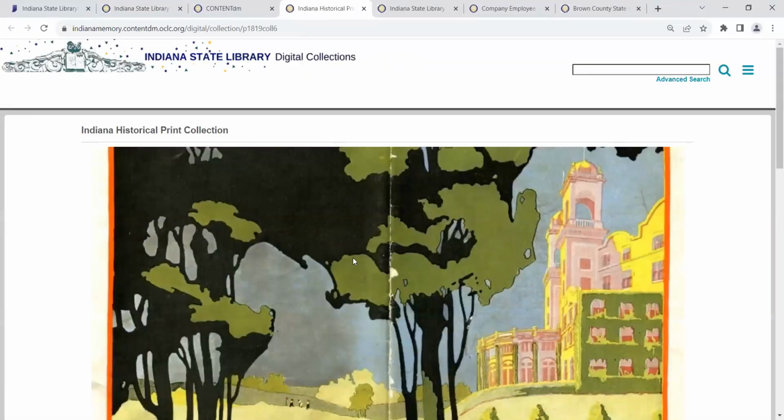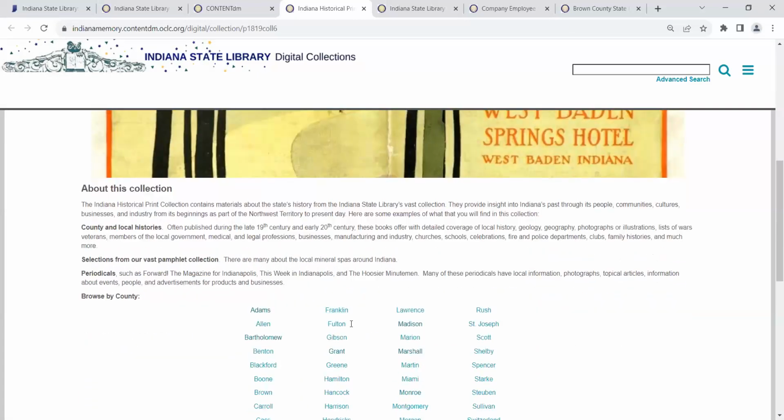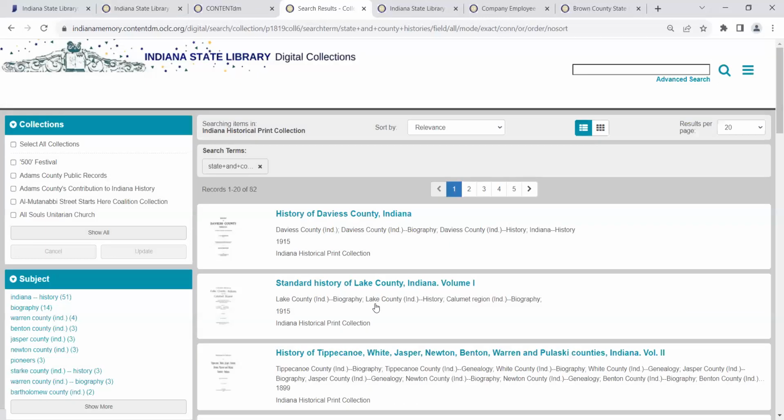But when you go in to search one of our digital collections, I don't know if you just saw that or not, but it just changed up here from Indiana State. It originally said Indiana Memory Hosted Collections, Indiana State Library Digital Collections. Sometimes this will say up here in this bar, Indiana Memory Digital Collections. Let's take a look at the state and county histories. What happens is when you search our digital collections, it will tell you what collections you're searching in. But if you notice over here on this bar where it says collections,